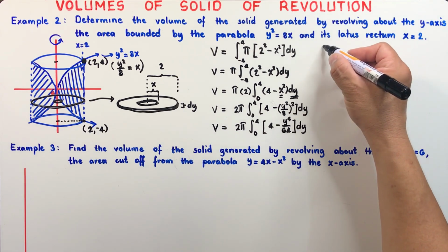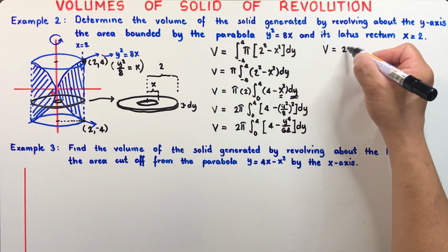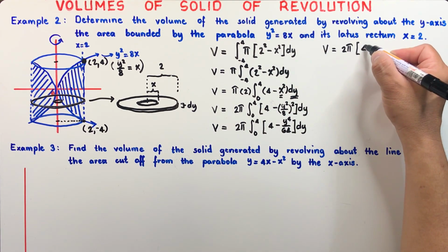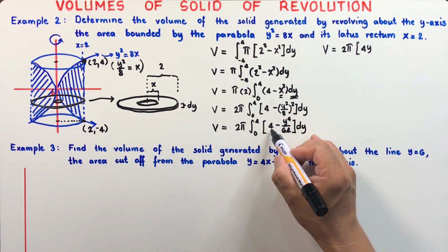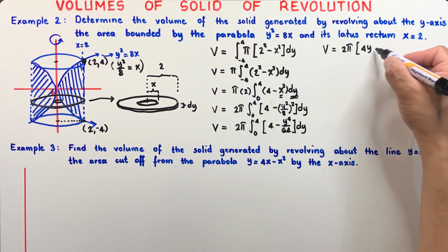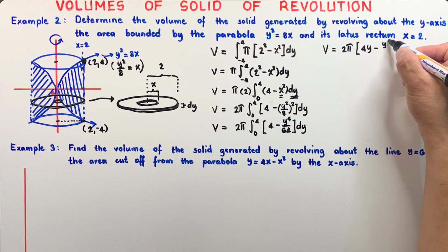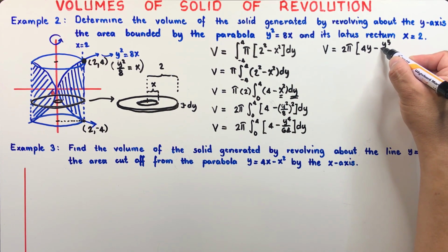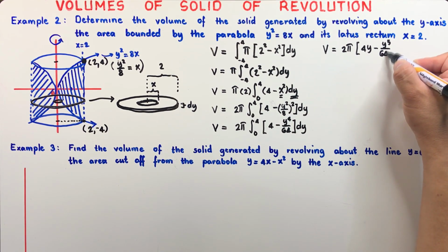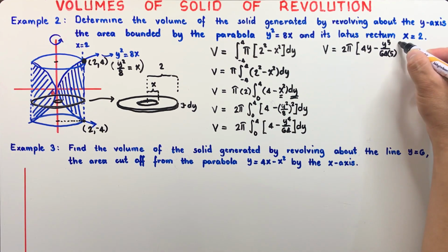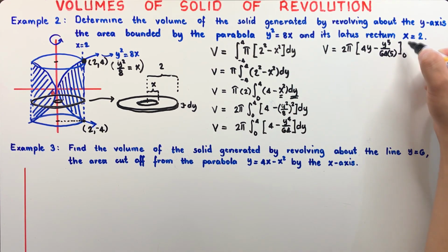Integrating that expression gives 4y, because the integral of 4 is 4y, and the integral of y to the 4th is y to the power of 5 over 64 times 5,